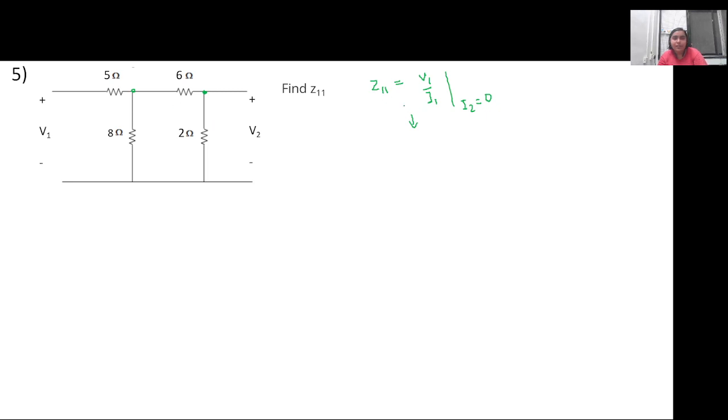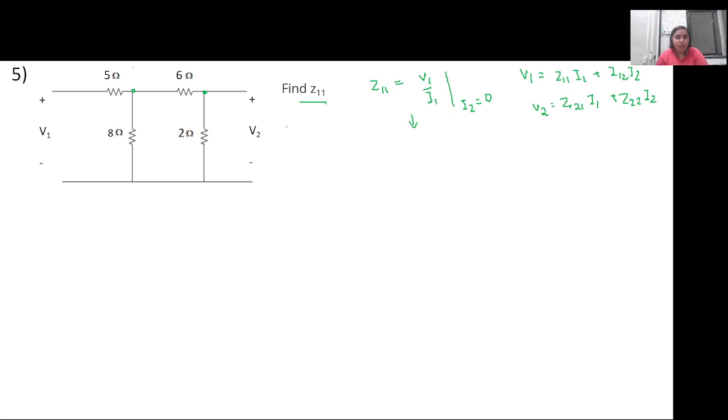But in place of that, I simply use this. Always first write down the equations for the parameters. For example, V1 equal to Z11 into I1 plus Z12 into I2, V2 equal to Z21 I1 plus Z22 I2. Now, whichever parameters you are asked, if you are asked to figure out all the parameters, then you will use all the ways, like first taking I2 equal to 0, then I1 equal to 0, and figuring out the different Z parameters. In this case, only Z11 is asked, so it can be found out by the ratio V1 and I1 with